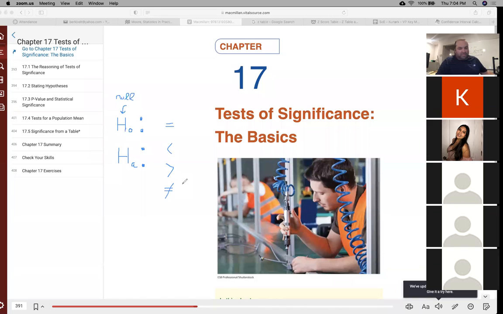So there's three possibilities. Either you say, no, it's less than, or you say, no, it's greater than, or you say, no, it's not equal to. We call this a two-sided hypothesis test because whether it's bigger or smaller, it's not equal to. Whereas these two here are what we call one-sided hypothesis tests. And this one here is a two-sided hypothesis test. And what you have in these cases is, for example,